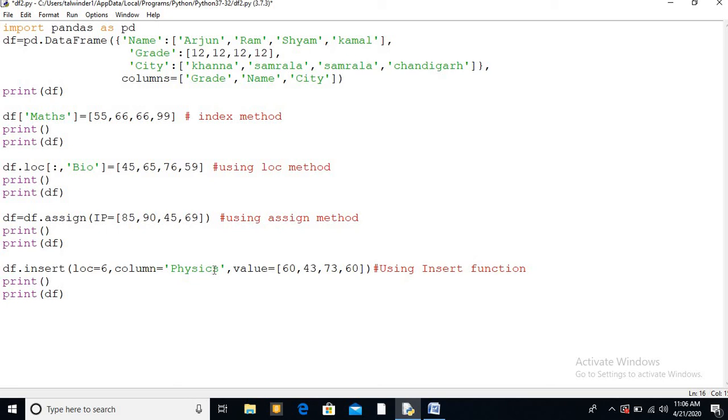When they don't mention, then you can use any method from these four. But if they mention a particular method, then you have to use the same method to score the exact marks. Otherwise, maybe it depends upon the examiner, he or she might give you the marks or might deduct the marks or might not give any marks for the same.